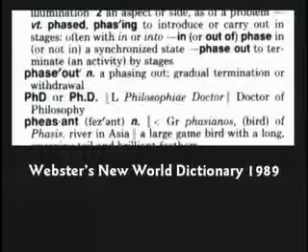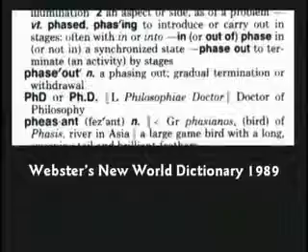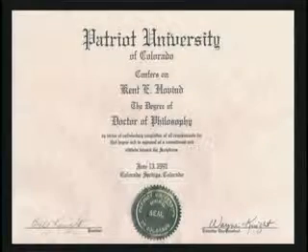Do you have a PhD? PhD, from Webster's New World Dictionary, means Doctor of Philosophy. Who has the authority to give PhDs? Well, I suppose technically there is no governing body that makes that decision. So anybody could, in theory. I went to Midwestern Baptist College, Pontiac, Michigan, graduated in 1974. Then I took courses several places, and finally took my master's and doctorate from Patriot University, a small Christian university